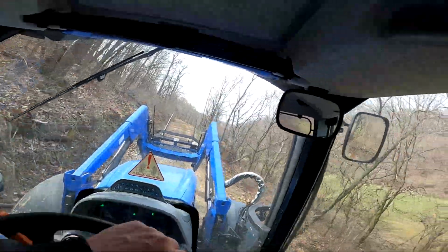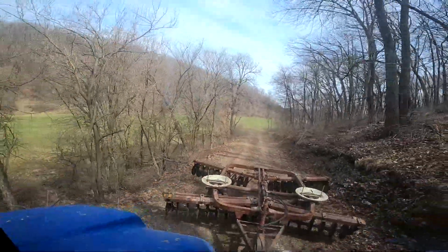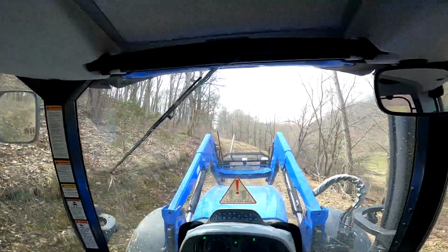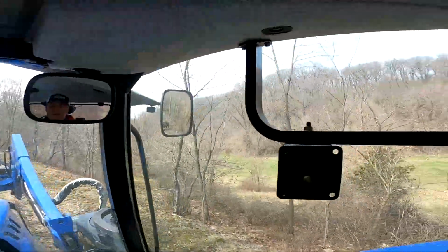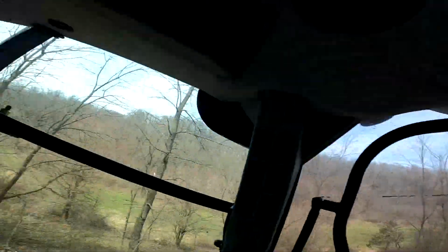Okay, we're going up the big hill. Look at these waterways done up here. And then we'll go do the small hollow, where we put a little work. We're gonna get that seeded. Yeah. The rock should be up here by then, and we're gonna seed it in and pack it and go